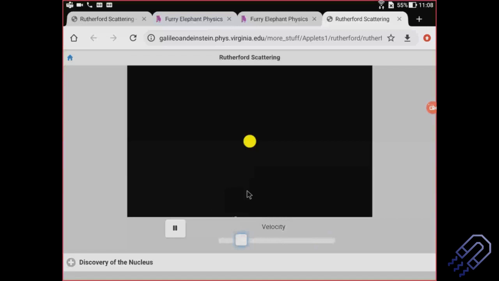And then if I can pause it, yeah, let me just pause it. You see this, it was coming across this path and it followed this path. The angle is actually more than 90 degrees, let's say around 120 degrees or something like that. So this is definitely going to happen with Rutherford's alpha scattering experiment.